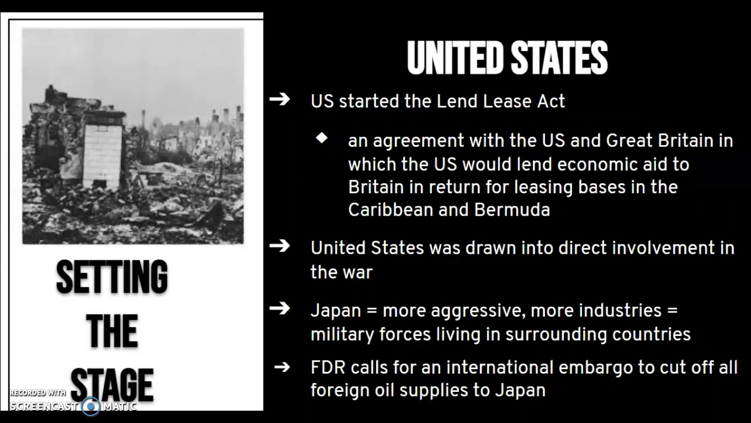Eventually, once Great Britain was being threatened by Germany, the United States started the Lend-Lease Act. And this was an agreement between the United States and Great Britain where the U.S. would lend economic aid and supplies to Britain. In return, the U.S. would lease or rent bases in the Caribbean and Bermuda. This eventually drew the United States into direct involvement in the war,